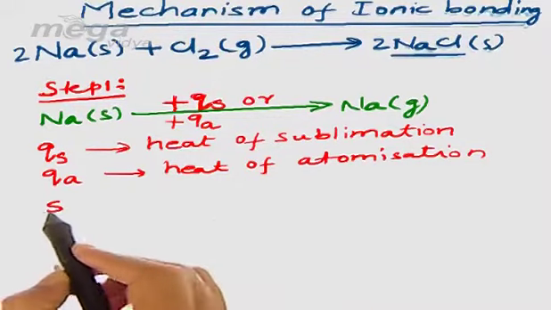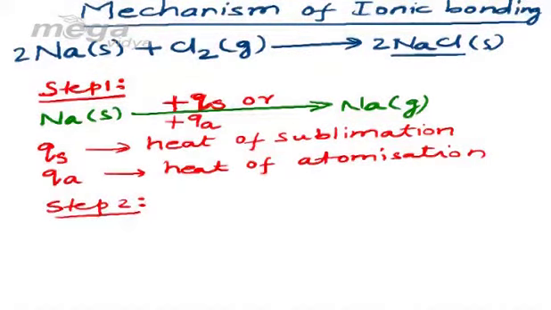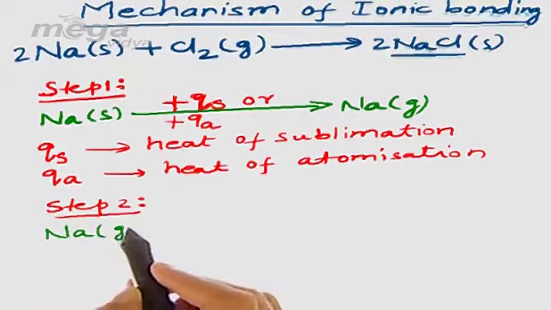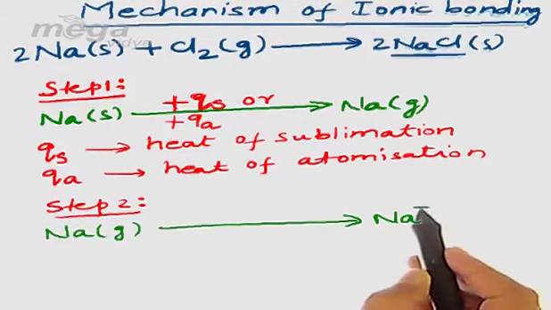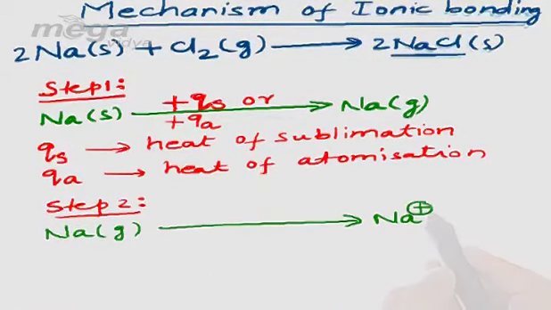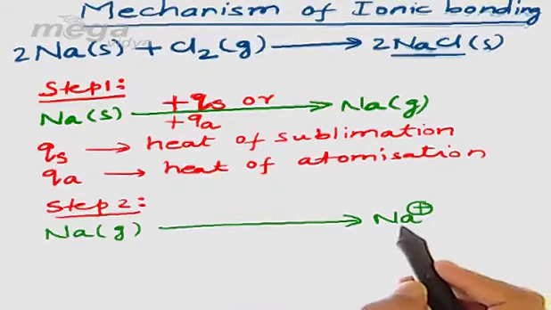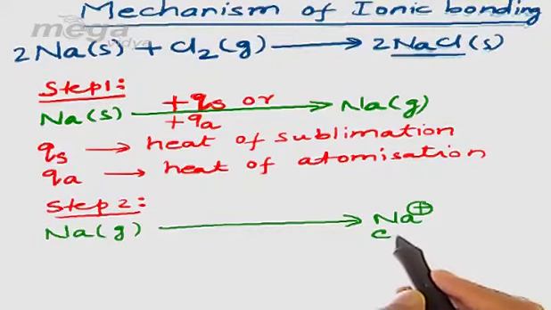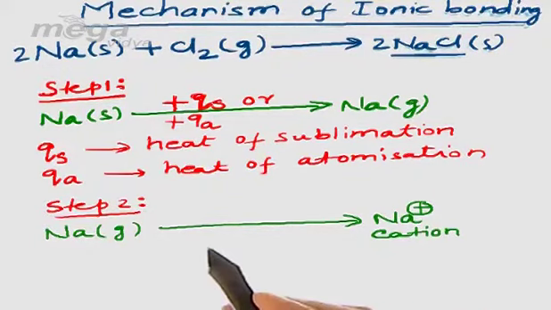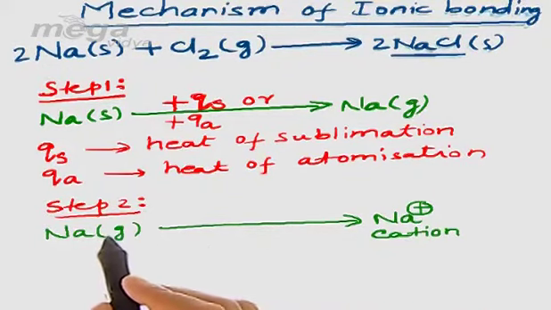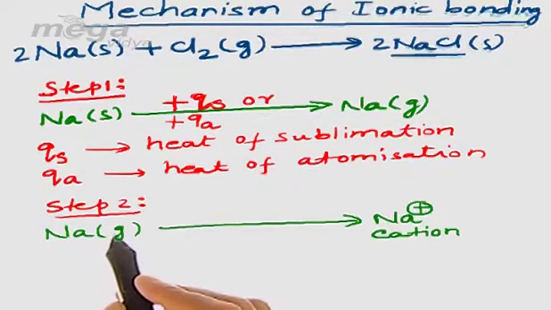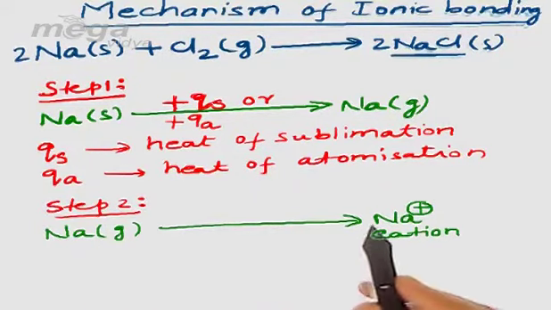Now in step 2 we shall be observing that the gaseous sodium will undergo the loss of electron forming Na positive, and as already discussed, the positively charged metals after the loss of electron are called cations. So here we have got sodium cation. Now remember this, since electrons which are present in the valence shell of sodium atom are being taken out